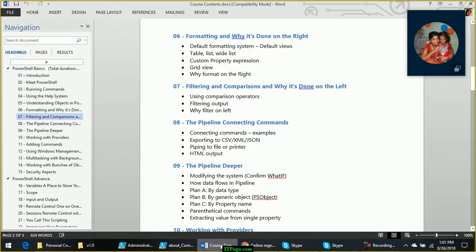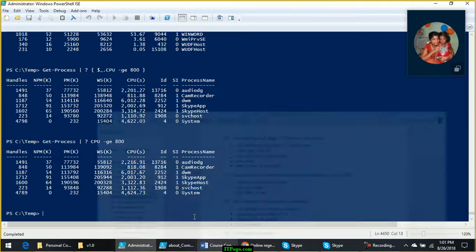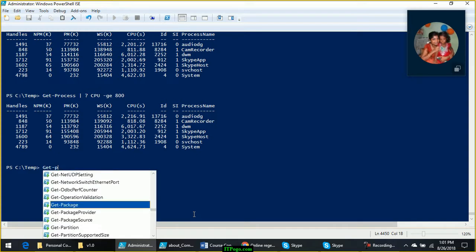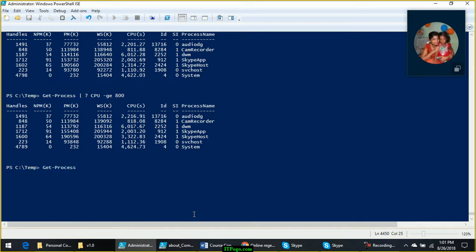Okay, so the last point for today, why filter on the left? Now let me tell you, when you are running this command get-process, and let's repeat this one, now you want to sort it based on the CPU.